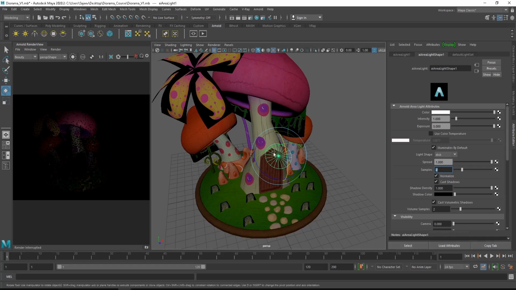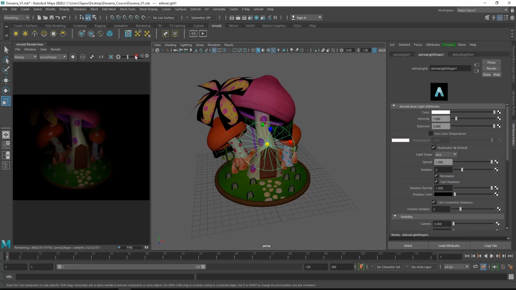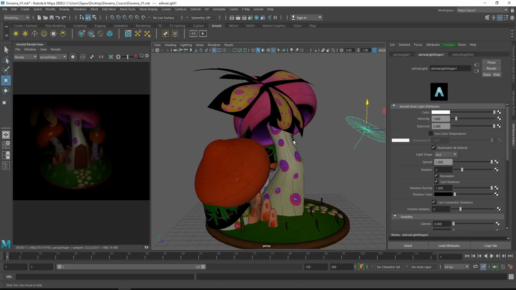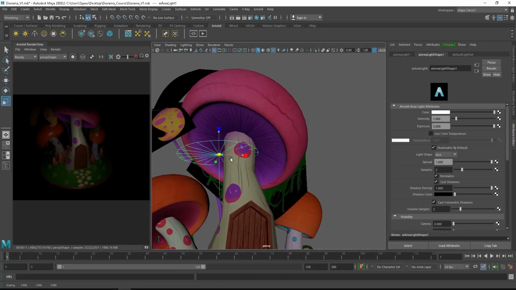So after creating this light, same way you can scale it. When you scale it much more, the light impact will be much more, and as you make multiple lights, you will start getting a much more refined output in the lighting. So once you have completed one light, you can start placing them in the scene. I'll just rotate it slightly like that, and I will just place it